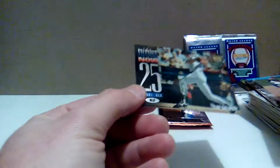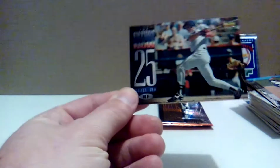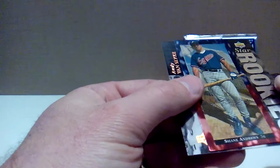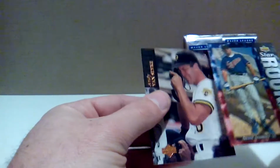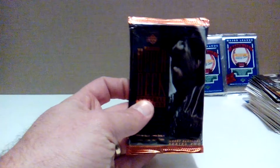Now we got some kind of insert. Future Is Now. Tim Salmon. Kind of cool looking. He dried up quick though. I think he hit maybe 300 career home runs, but let's see. Shane Andrews, star rookie. And Andy Van Slyke. All right, let's get this one with the sloth looking thing there on the cover. I don't know. That's kind of creepy looking. I don't know what's up with that